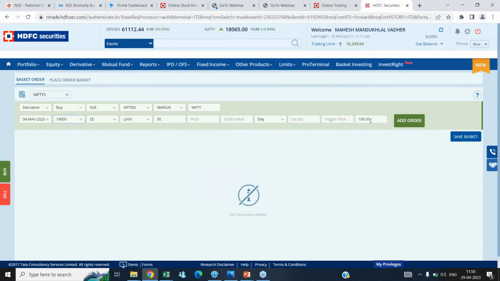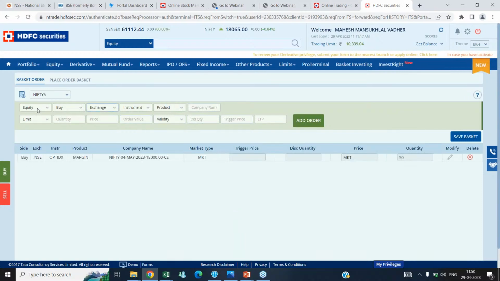18,000 call. You will be able to see the current market price. If you don't want to check the current market price, you can always buy it at market price. Add order. Now, if you want to place a selling leg of the 18,200 call option,